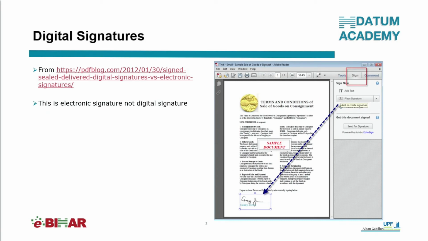So before I start presenting the digital signature, let me immediately clarify one point. Associating a marker, such as a JPEG representation of a person's handwritten signature, as shown on this slide, does not create a digital signature. This JPEG representation of a person's handwritten signature is what we call an electronic signature. Electronic signatures do not use cryptography and are easy to alter and forge. However, electronic signatures may suffice in some applications.